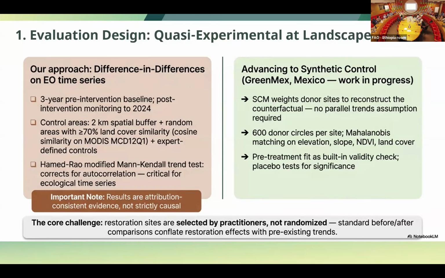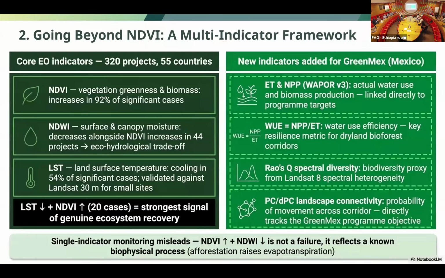Significance is emerging. One of the clearest findings from this work is that NDVI alone is not enough, and in some cases it actively misleads. So the core stack of the Monitoreo is 3 MODIS-derived indicators: NDVI for greenness, NDWI for moisture, and land surface temperature. Each captures a different dimension of ecosystem state. The combination reveals things that single-indicator monitoring misses entirely, and I will show you the most important example in